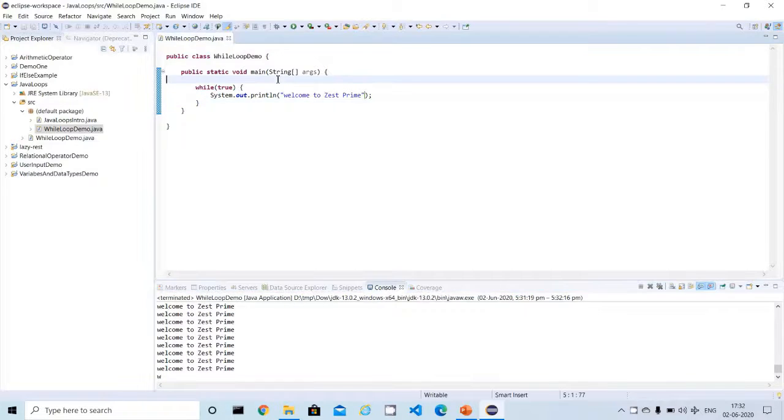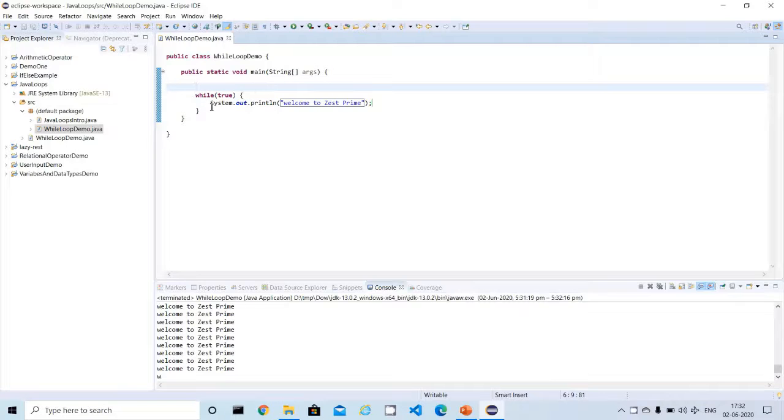Now let me decide: I want to print "welcome to Just Prime" n number of times. That's my main criterion, so we have to put in some boundary condition. Let me declare x equal to 0 here.